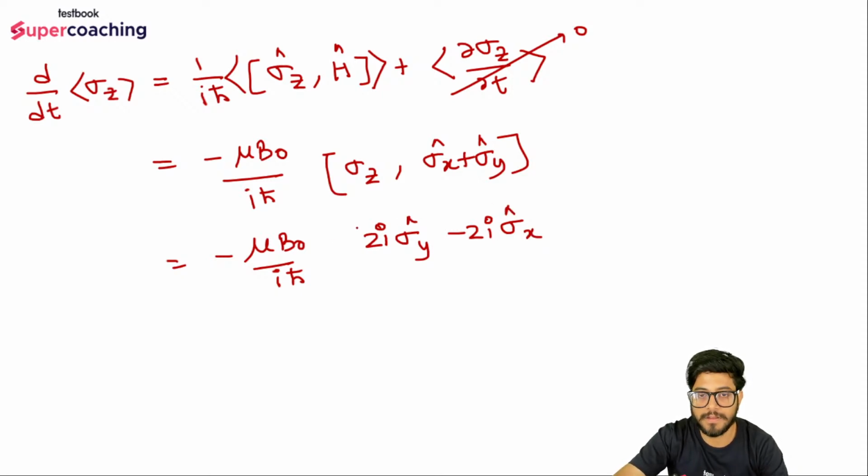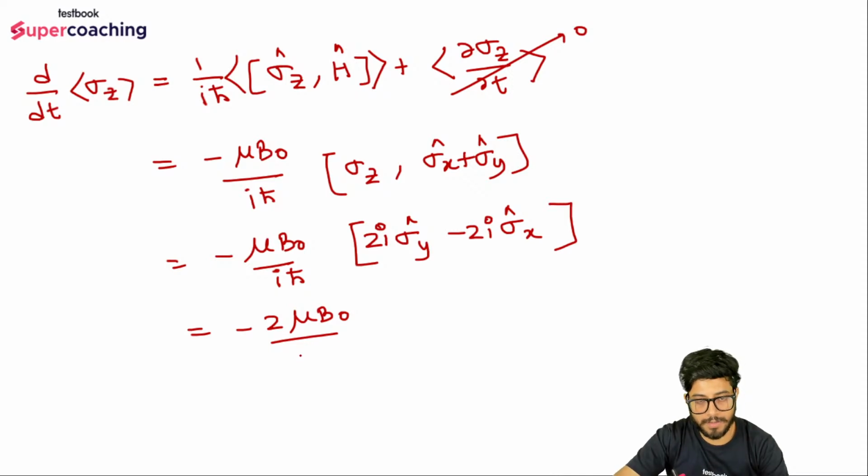Fine. This thing is what I'm getting. You can take 2i common. So minus 2 mu B naught by h cross, the i cancels out. If I just put the minus sign inside, it will be sigma x minus sigma y